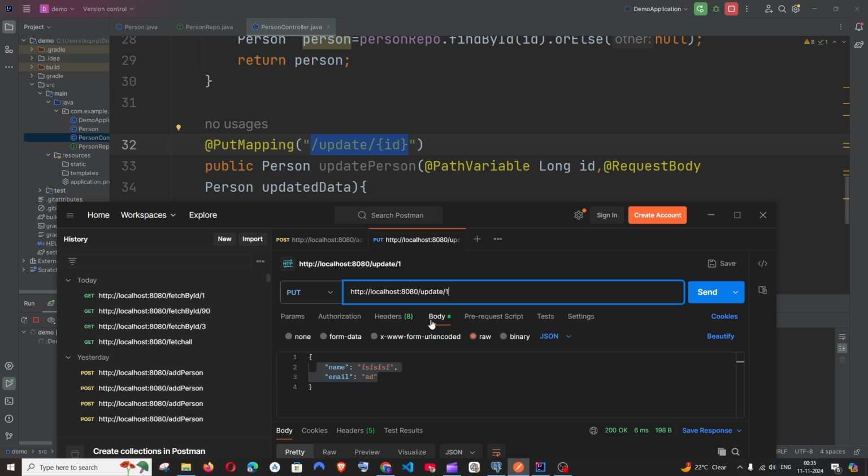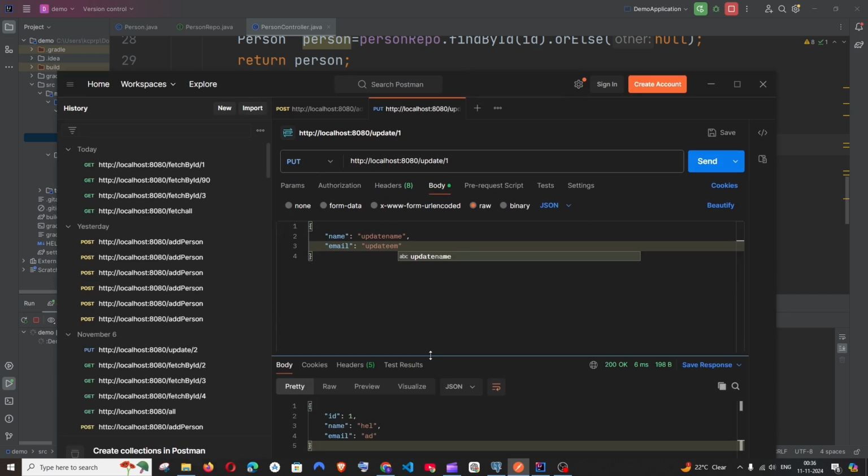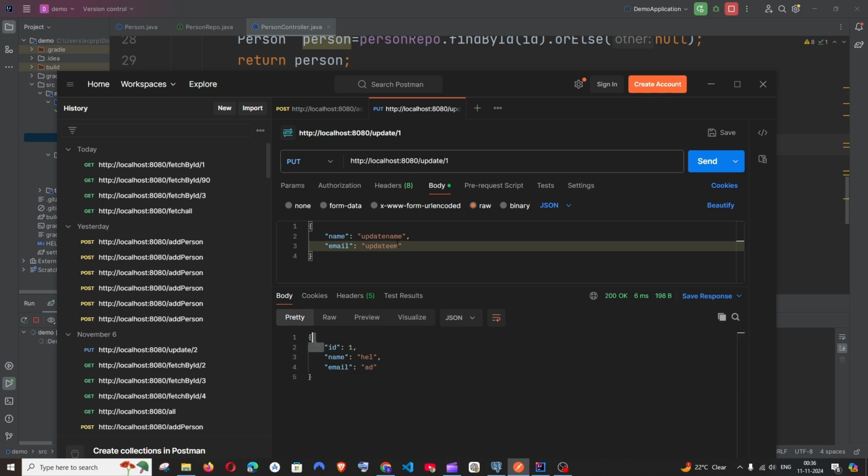Next, you need to go to body. It will be none by default, I guess. You need to go to raw, change the type from text to JSON, and type this out. This depends upon your use case, and if you have some other named column, change it. I will just go with some random name, update name, update em, something totally random. If I send this now, I'll be getting the ID 1, but the name and email will be the new updated name and email that I'm giving over here. So if I just send it,